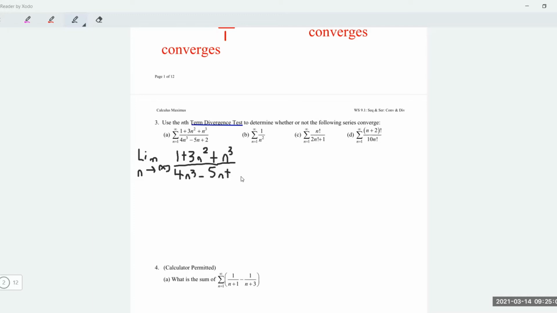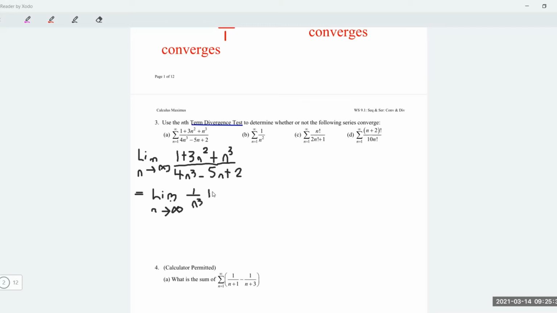Now to evaluate this limit, we're going to divide through by the highest power of n. Dividing through by the highest power of n, we get the limit as n approaches infinity of, dividing through by the highest power of n. The highest power of n is n cubed. So we get 1 over n cubed